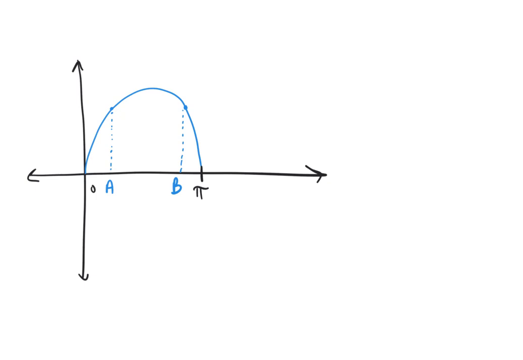For this problem, we want to know what the markings are for A and B on the horizontal axis. So let me mark A and B on the horizontal axis here. One thing that you want to notice about trig functions is they're very symmetric when the y values are